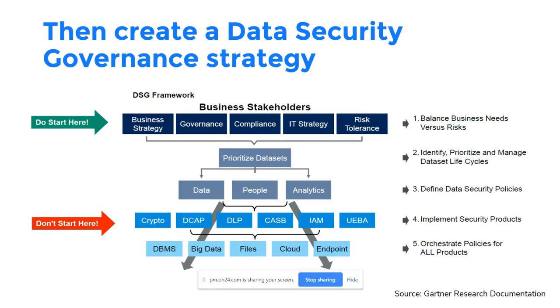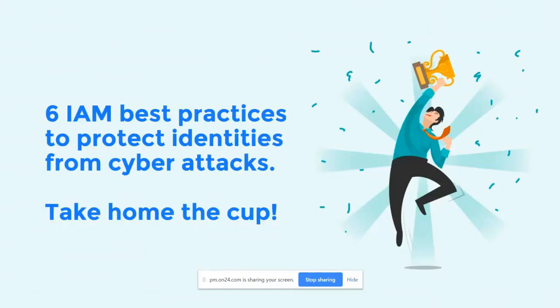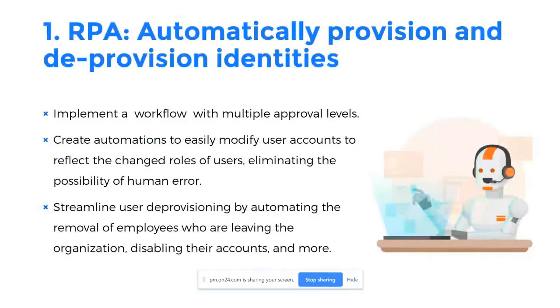We've covered quite some ground now. Now I'm going to give you best practices that could get your identity strategy sorted. We are talking about 6 best practices right here, the ones that could probably get 90% of your identity security problems cleared off. The first one is going to be around automation.